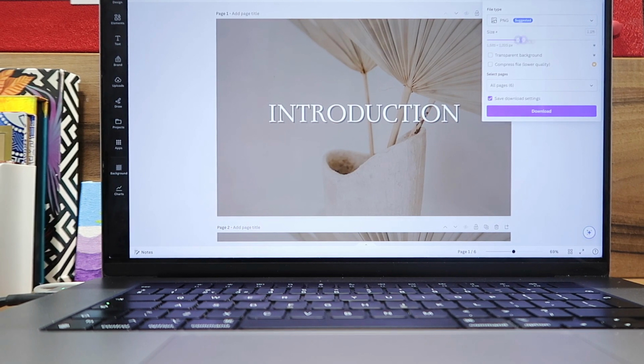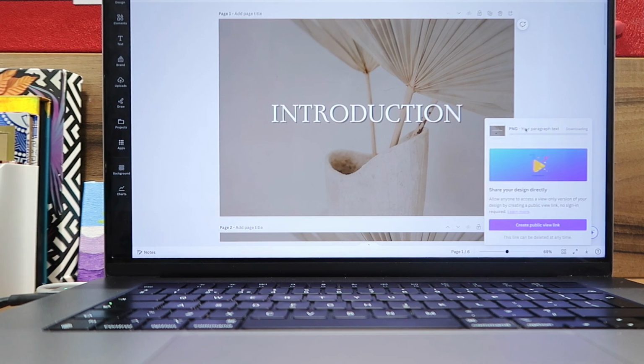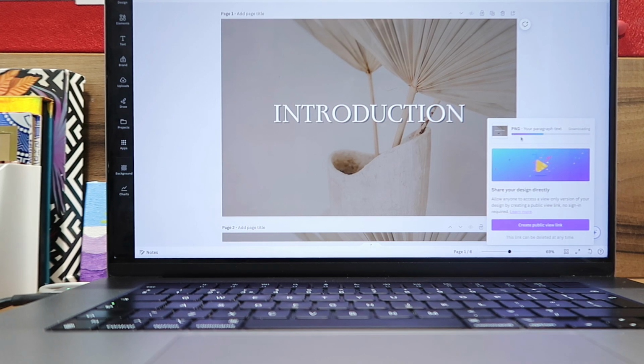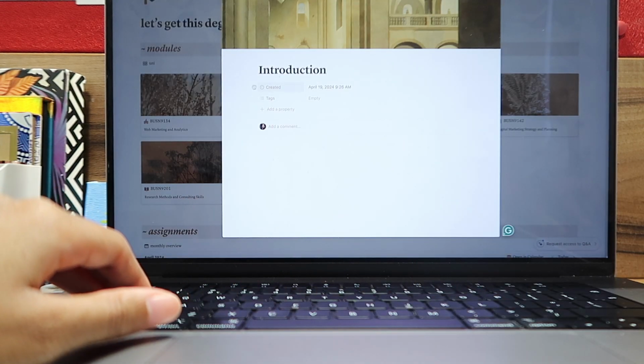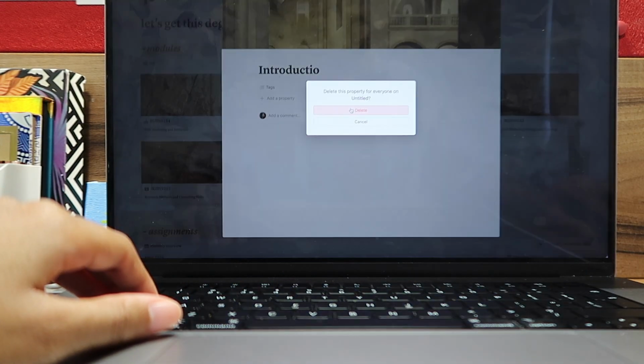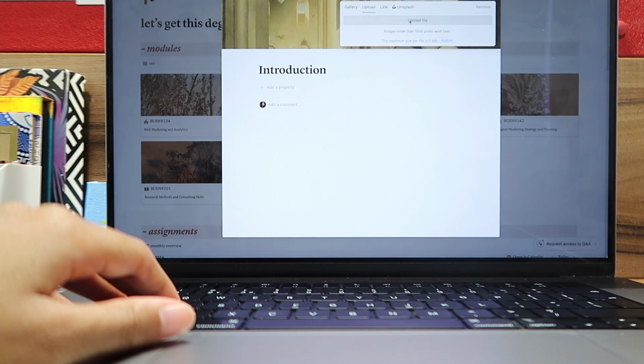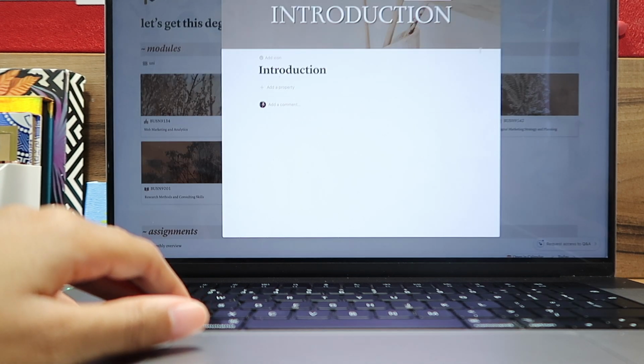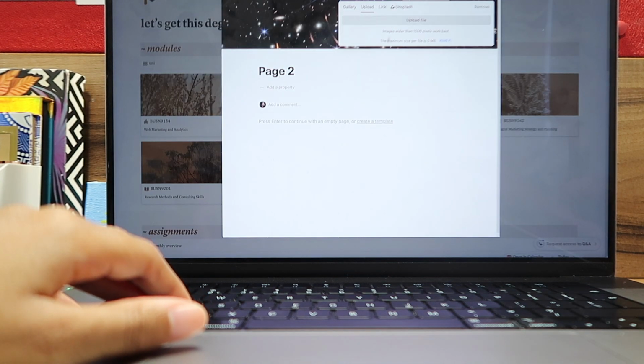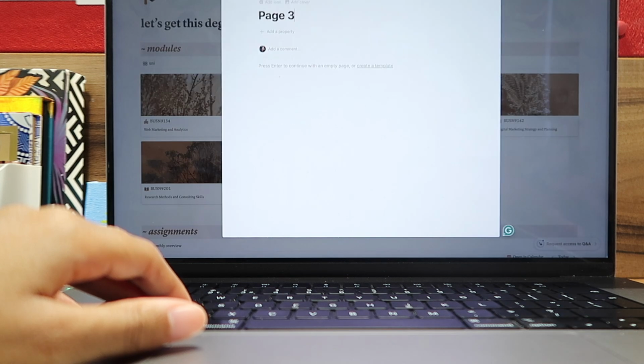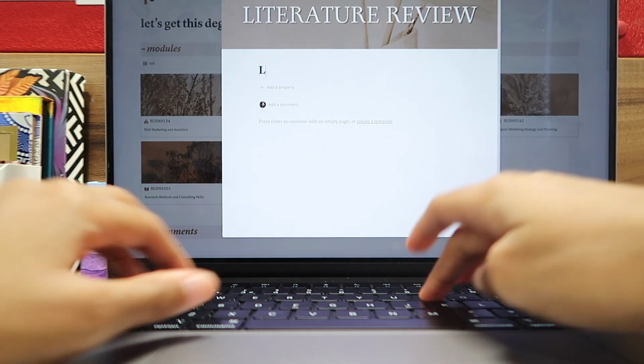I have loved using Notion for my master's degree because it's really helped me stay organized and on top of all of my deliverables. I also love how cute and customizable everything is. So you'll see when I give you a walkthrough of the dissertation page, but I used Canva to create the covers and I think it ended up looking so cute. Not only is it aesthetic, but I think it's going to help me stay on track and organized when it comes to writing my dissertation.